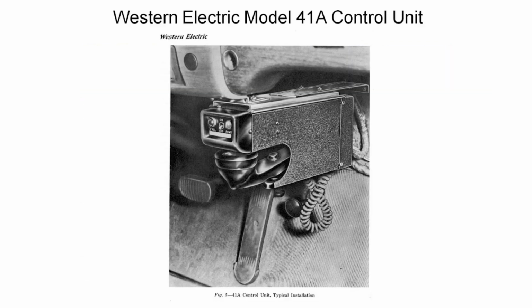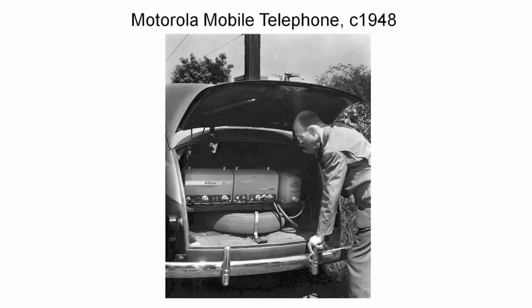Here's the control head, very simple, just a handset with a push-to-talk button. There's an on-off switch, a power light, and a call light. Motorola and Link made mobile telephones also. This is a Motorola installation, the receiver and transmitter, but there's a third box there, and that's the selective calling box. So they had taken their standard land mobile radios and made them into a radio telephone by adding the selective calling box. And you notice that nice tire in there too.